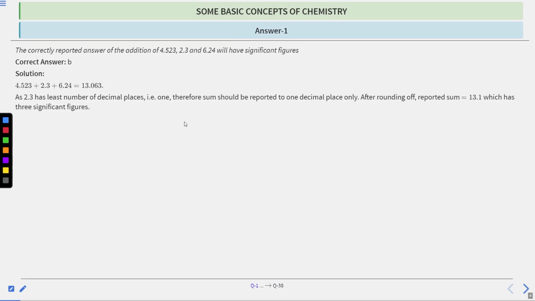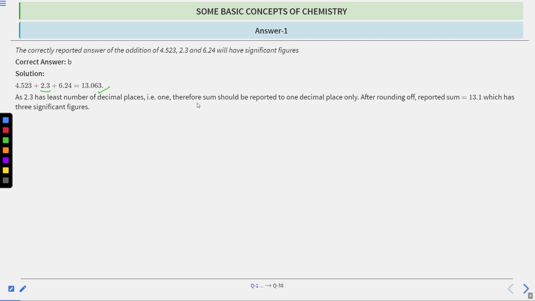Okay, so the correctly reported answer of the addition of these three numbers has 3 significant figures. How? The solution will be 4.523 plus 2.3 plus 6.24. We will add all these numbers and the answer is coming out as 13.063. As 2.3 has the least number of decimal places in these three numbers,